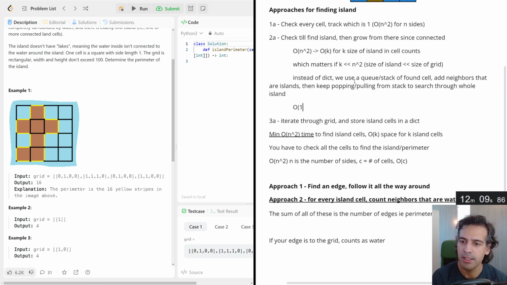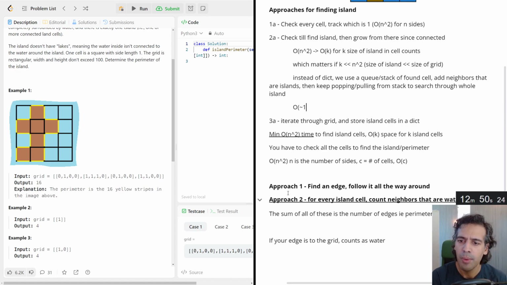And the nice thing about that one is that's O of, I guess in the worst case, it's 4 neighbors growing out. I'm trying to think of a case where, let's say you start with this one, you add this neighbor, you pop this one, so now you have only one cell in the stack. You add these 3 neighbors, and you pop this one, so you have 3 in the stack. You pop this one, you add this one, so you have 3 in the stack again. I guess there's probably a type of,